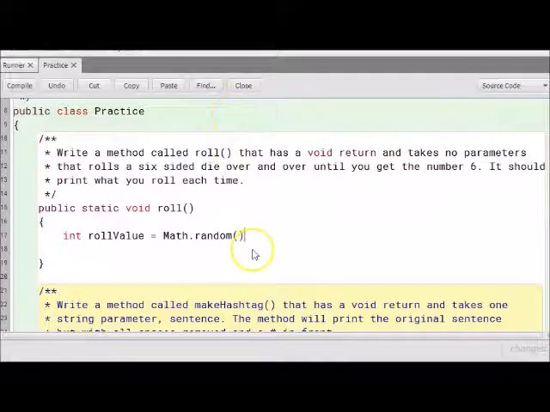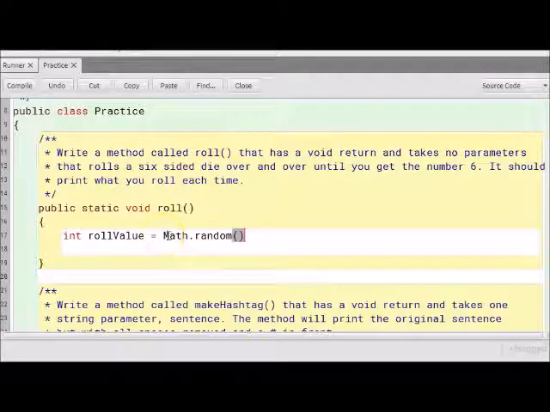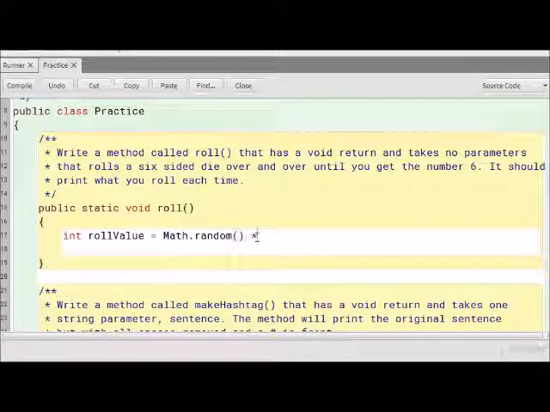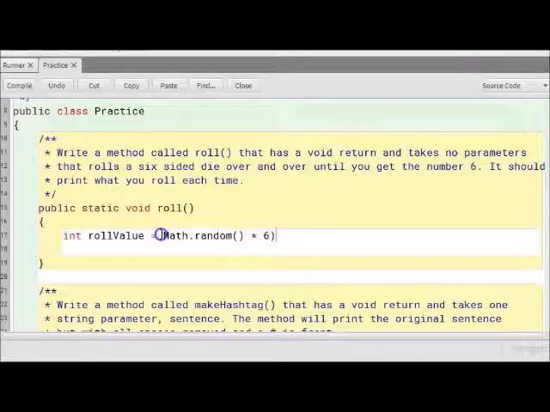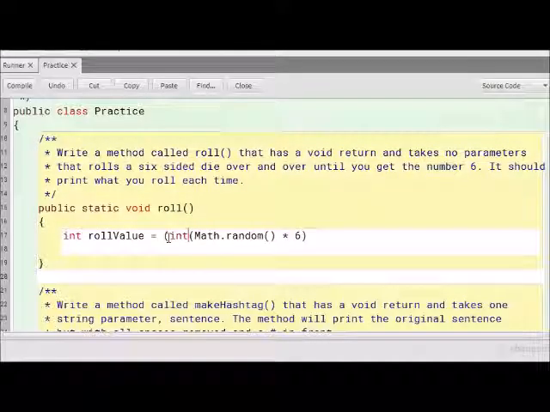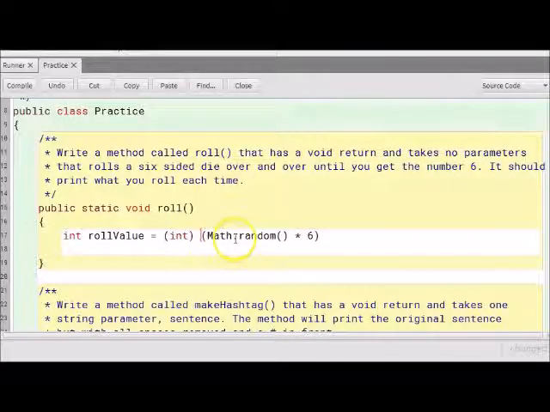And we know that this gives us a value between 0 and 0.9999, right? So in order to make this into a value between 1 and 6, that means it's going to have a range of 6. I'm going to have to first start by multiplying it by 6. Then I'm going to have to take that and cast that entire value into an integer so that now I have an integer value between 0